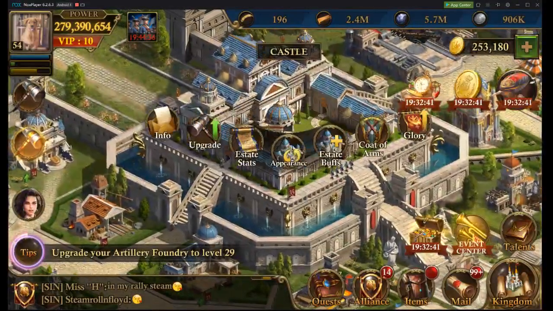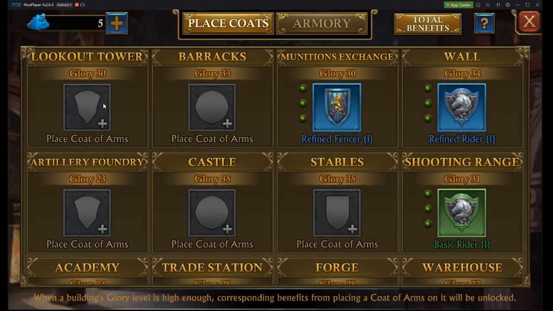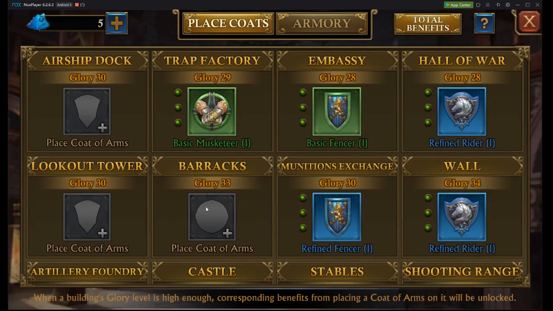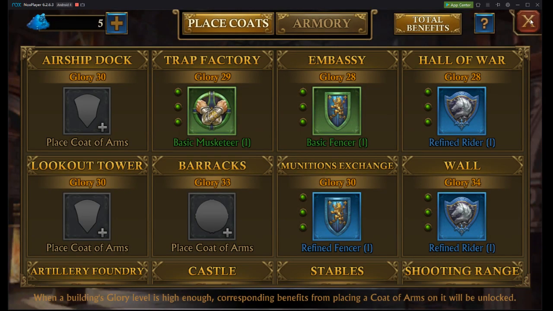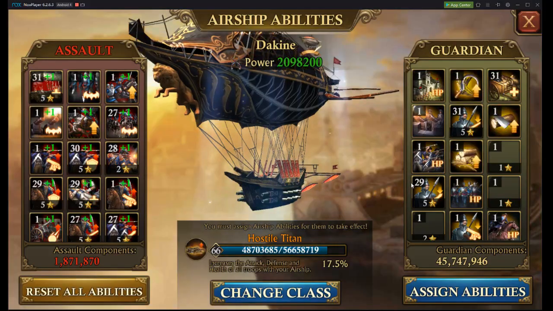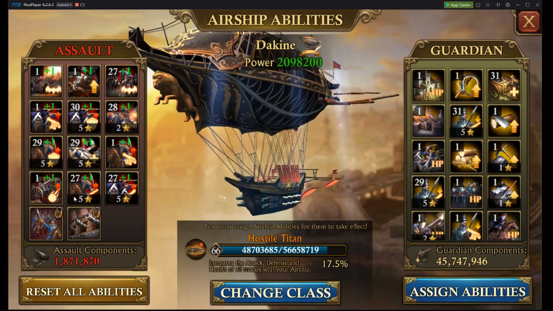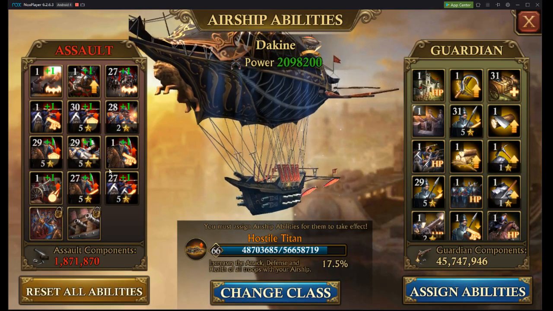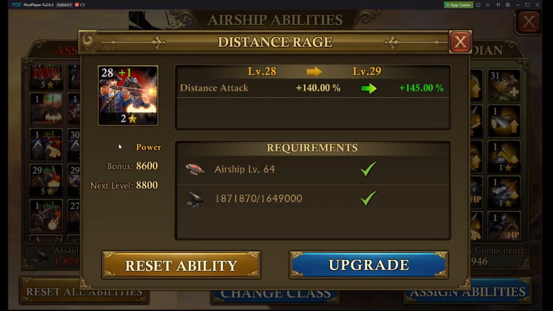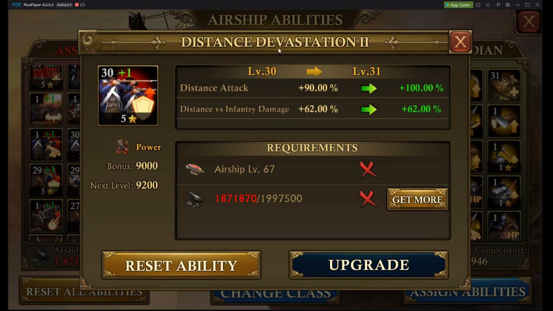Your coat of arms, you can put all of your effort into your attack coat of arms, focusing on your distance and putting a little bit of effort as well into cavalry as well as your troop ones. But I would primarily focus on your distance if that's what you're truly concerned with, is your attack. You can also put some focus into your attack stats on your airship abilities as well as your airship parts. So we're looking mainly here at our distance,